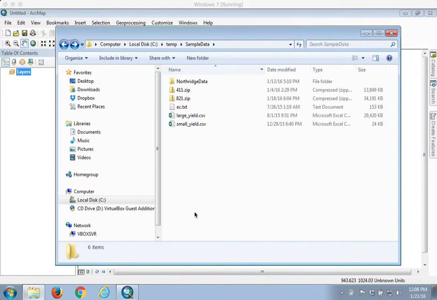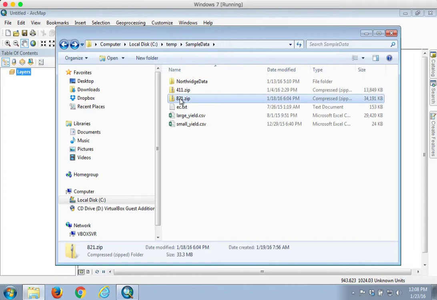Okay, in this quick tutorial, we're going to talk about setting the coordinate system or the projection information for georeferenced TIFF files or the raster data sets that you may acquire. And so here we're looking at a zip file that we got from a vendor, and I'm just going to